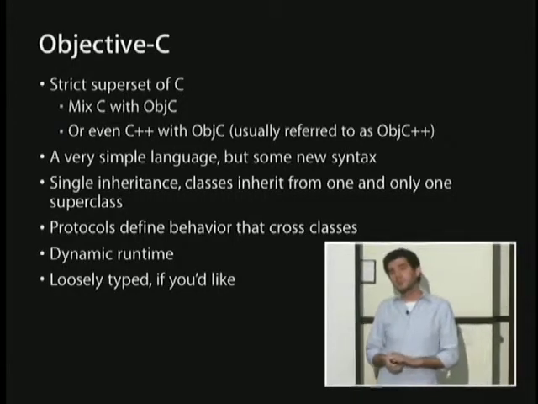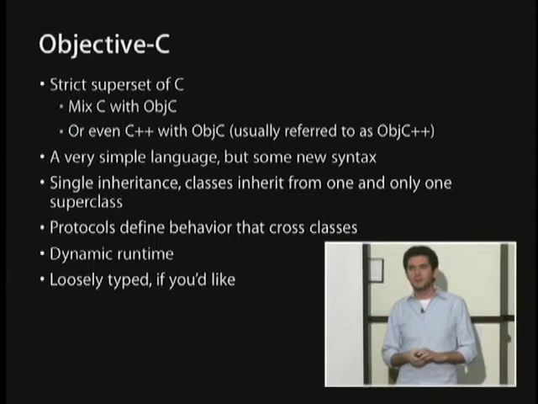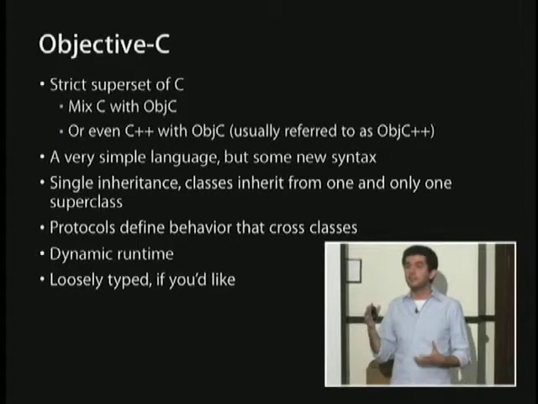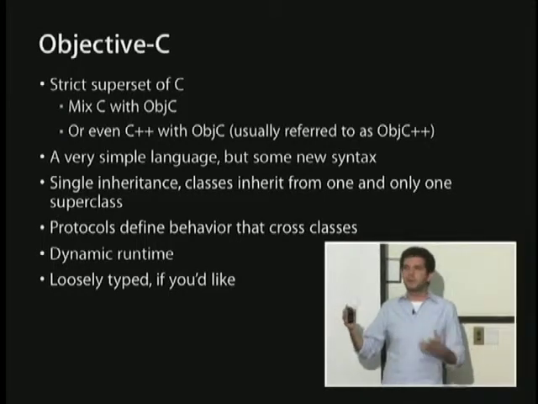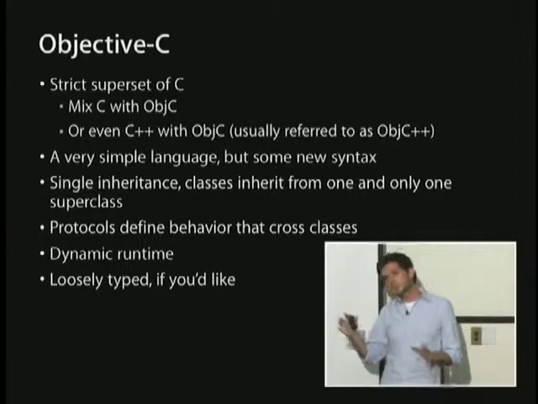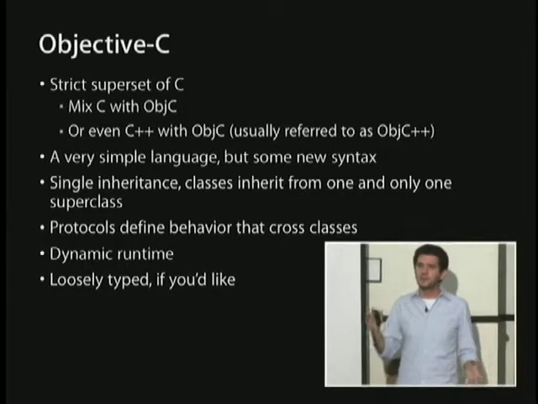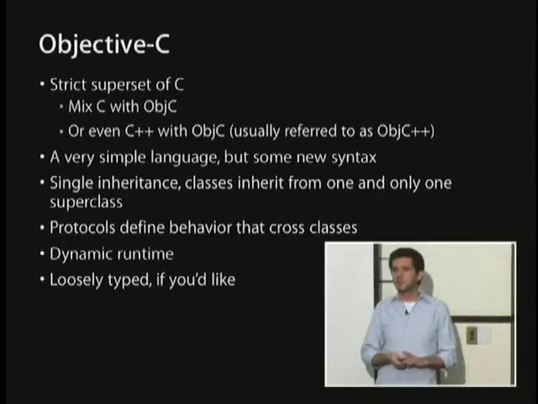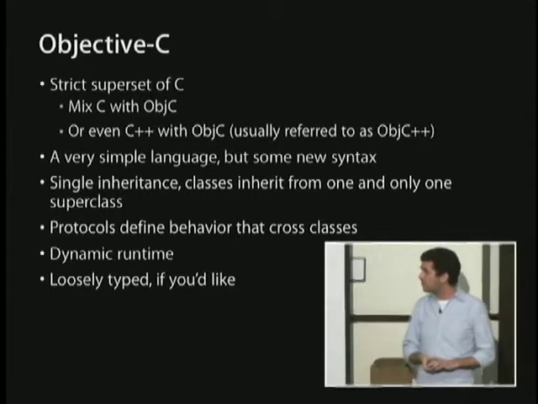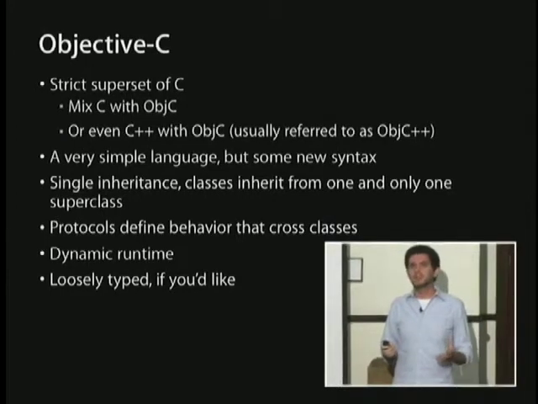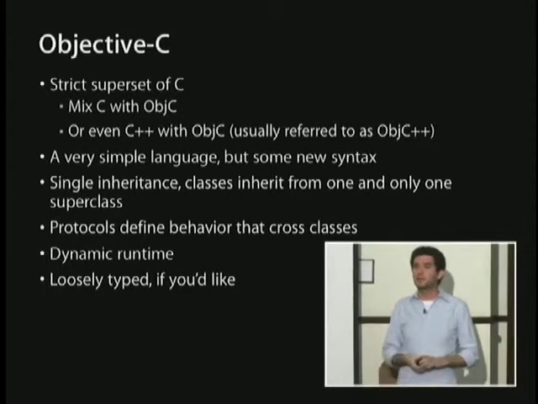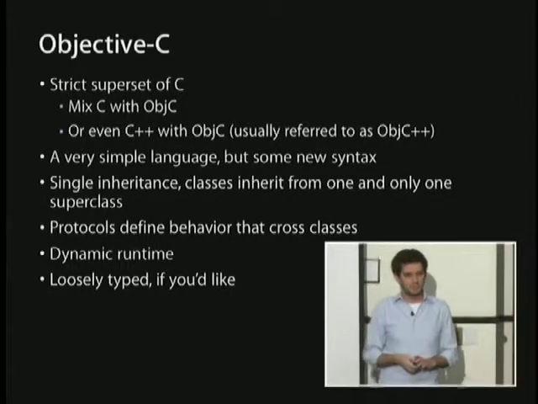There is this interesting ability to define protocols. A protocol is basically a collection of methods that you group together, and you can indicate that a particular class implements this protocol, and that tells the compiler that that class is going to implement that set of methods. Now, some of the methods in that particular protocol can be either required or optional, so the compiler can't always know for sure whether or not you're supposed to be implementing everything, since some are optional. Basically it lets you define on your class that it is going to implement a particular set of methods. And one of the places where you're probably going to see this pretty quickly is the concept of delegates, which we'll see with NSTableView and a bunch of other things.